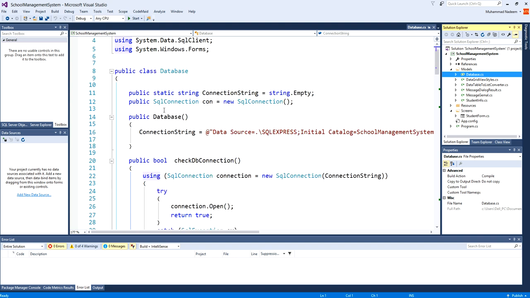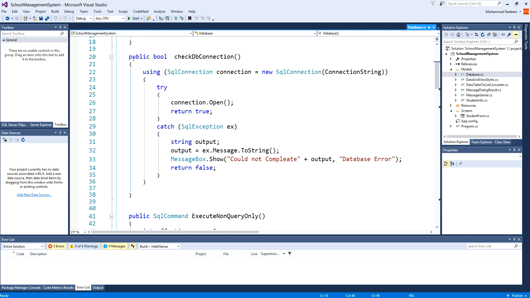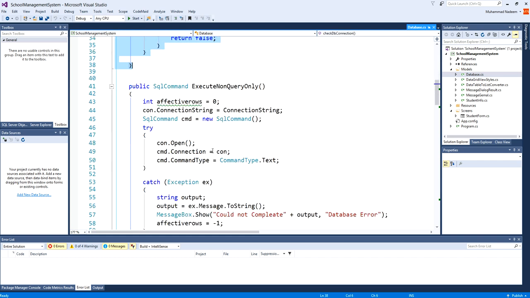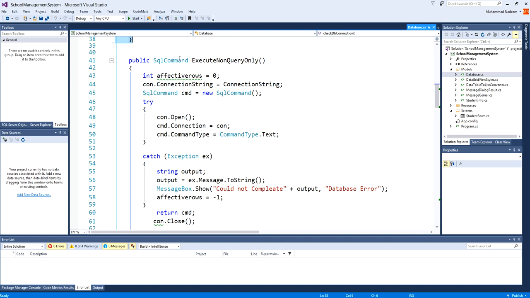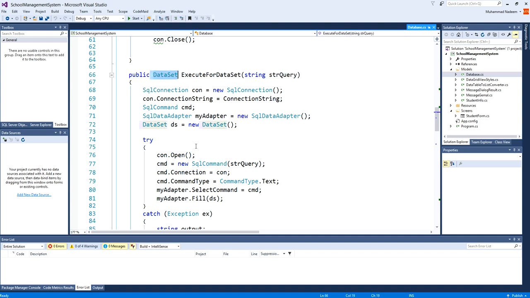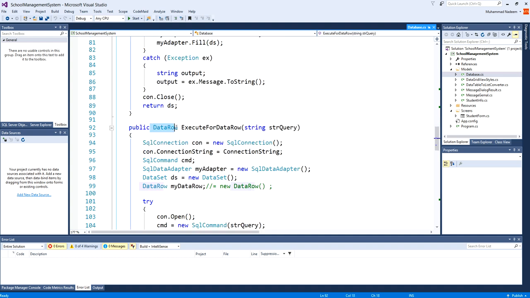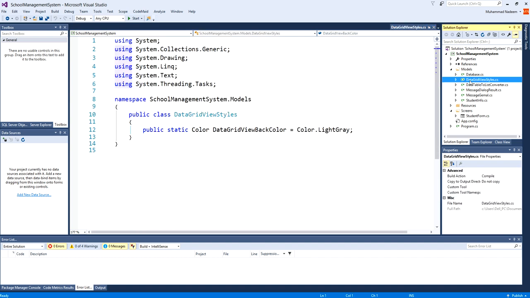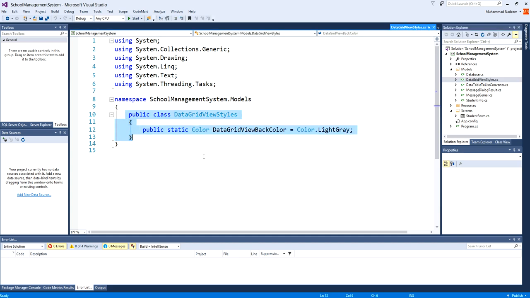class. In the database class, here's the connection string. You can check if it established the connection between the database and this application. It returns the SQL command. It returns the data set. It's for the data row and for a SQL data reader. Okay, so in the data grid view style, so far I have only one method, but later on I will